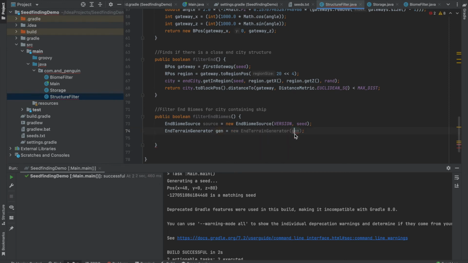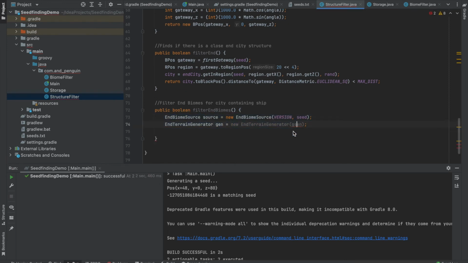And this just takes the source as the parameter. So then once you have that, we have to just check if the end city can't spawn,